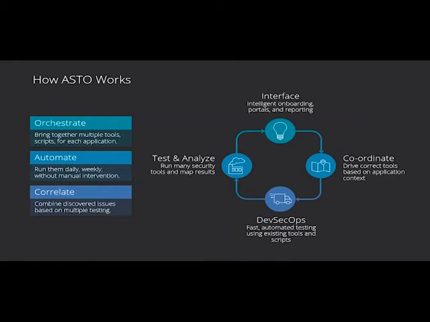The ASTO tools also orchestrate these tools by knowing the best way to call them. They understand what aspects of, say, a web application or an API or a web page, and what tools make sense to run against those different aspects. Maybe which parts of a product are going to be storing information in a database rather than a flat file. And the ASTO tools also correlate the results from many security tools that have been run, bring them into one database, removing duplicates, and correlating the issues together. If you imagine that you're suddenly running hundreds of security tools, there will be multiple issues found, there will be issues that are false positives, and there will be different aspects of issues that are discovered by different tools.